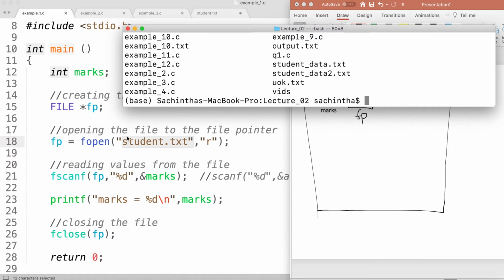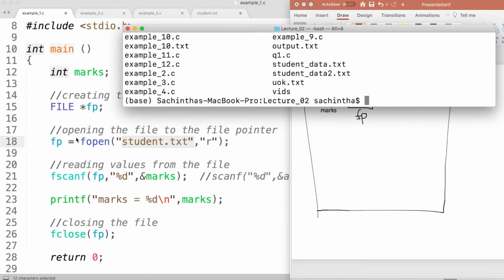So fopen cannot open that file to the file pointer, right? Even after you execute this command, my computer couldn't find the student.txt file to open and attach to the file pointer called fp. There's no such file called student.txt.